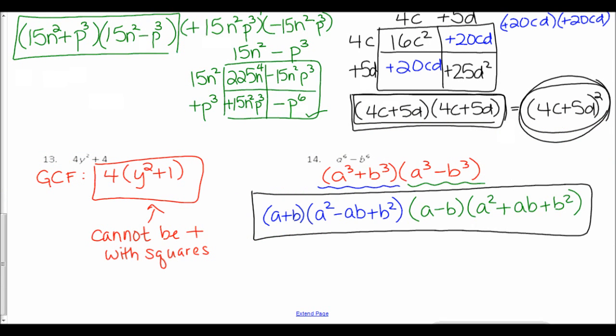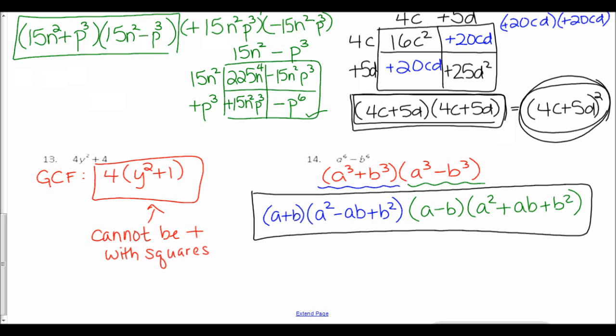And here's the last two. 13 has a GCF that comes out, and then we can't factor it anymore. We cannot factor a sum of squares because we can't do anything to make the two terms drop out in the middle. Number 14, I want to start by factoring it like a difference of squares, like a squared minus